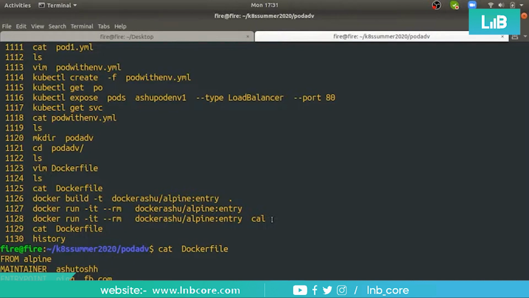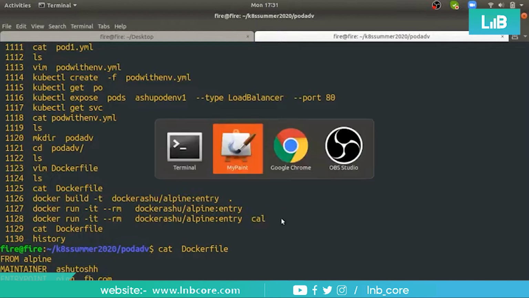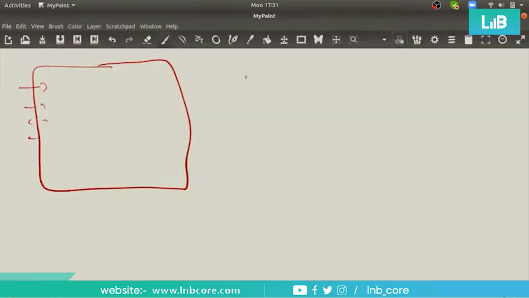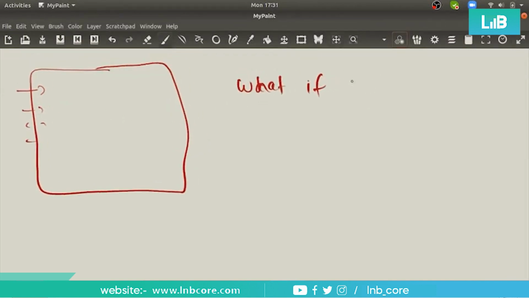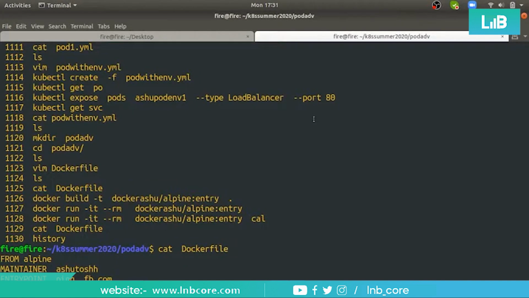But what if I want to replace this ping with, let's say, the cal command? Please type your answer. Is it possible or not? Yes or no? I really don't want to rewrite the Dockerfile. The image is already built.